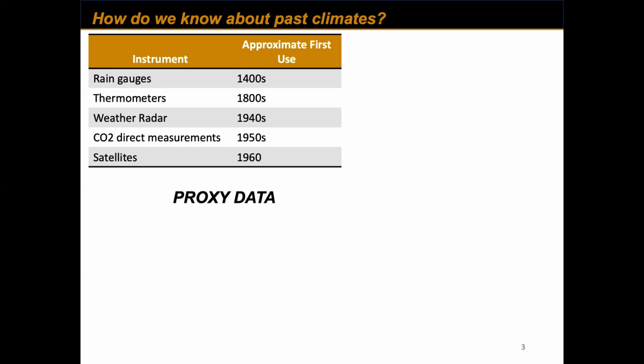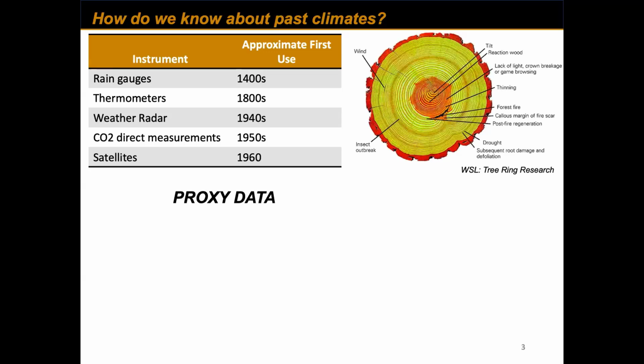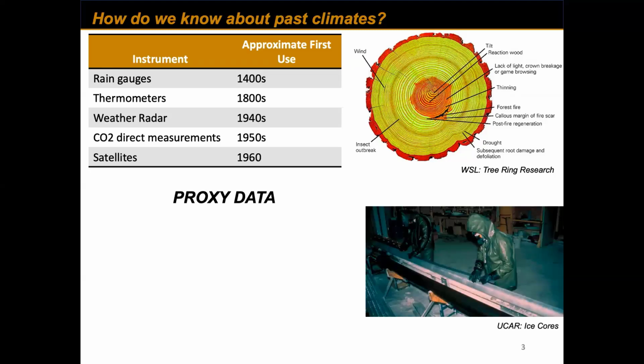We use what's called proxy data, which is data used in place of actual observations that we're seeking. There are lots of examples of proxy data available to us, such as tree rings, whose annual ring spacing can provide an indication of particularly dry or wet periods, hot or cold periods. Ice core data has stored particulates, such as from volcanic eruptions, and atmospheric gases, such as carbon dioxide, for hundreds of thousands of years to nearly 1 million years back in time. And then one of my favorite and possibly more disgusting examples,